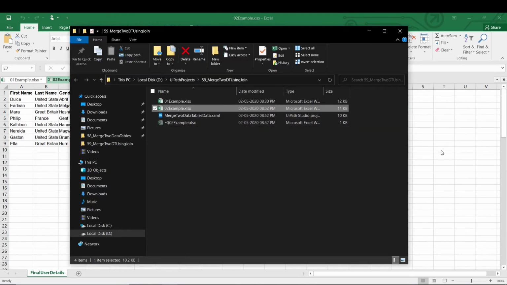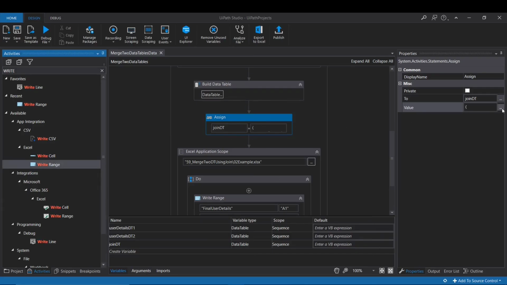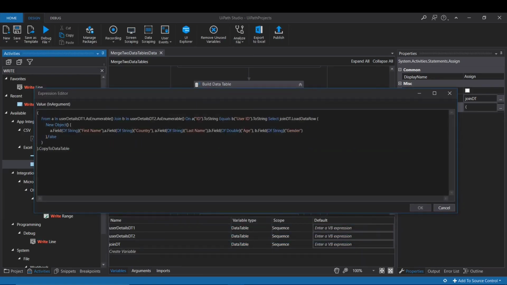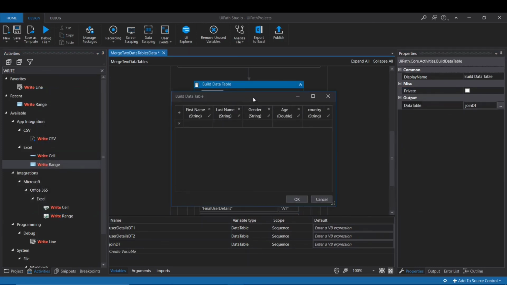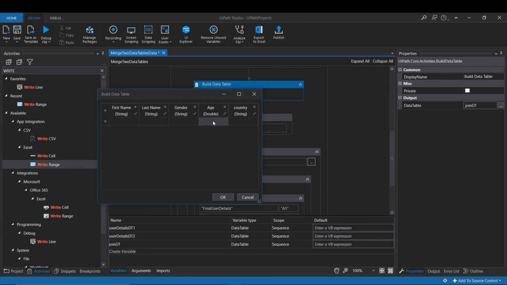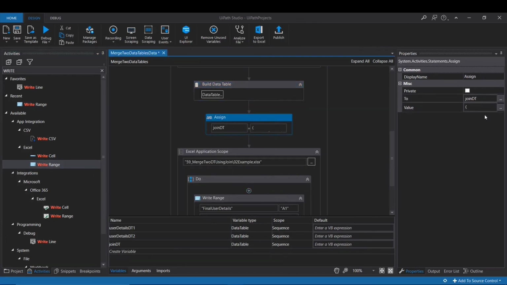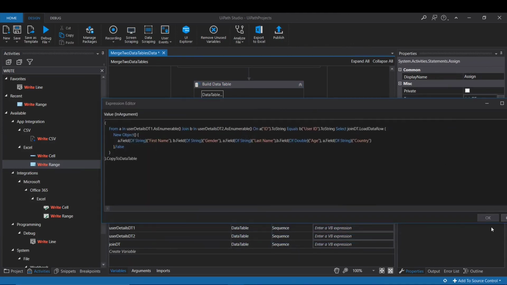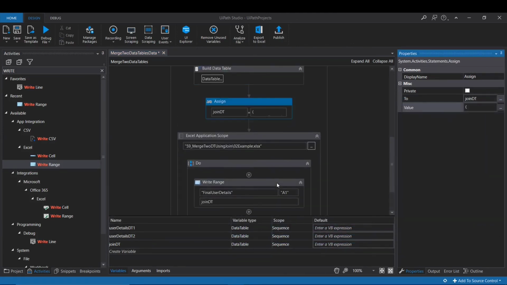So when we are assigning the values, in whatever order the data columns are, in the same order we have to pass the data, then only the data will populate correctly, otherwise it will not. So here I am going to paste it here and save this and OK. We can create n numbers of columns here, and the same n numbers of columns we can gather and store into it. So that's how we can use the join.